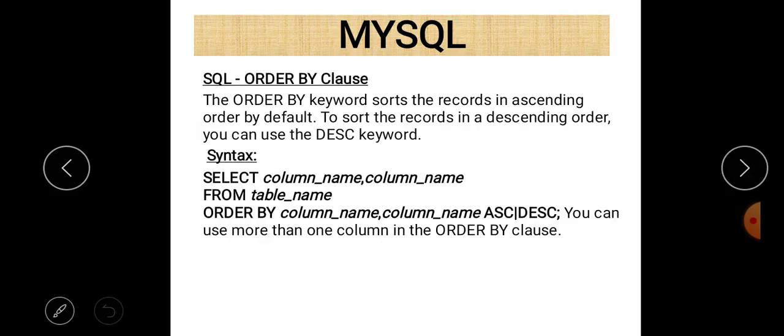Next is the ORDER BY clause. The ORDER BY clause is basically used to sort the data in ascending or descending order, and it is always used with the SELECT statement. And as we know, the SELECT statement looks like SELECT column_name1, column_name2 FROM table_name, and after that we can give the ORDER BY clause. So after ORDER BY we can give any column name, according to which we want to sort or manage our data in ascending or descending order.